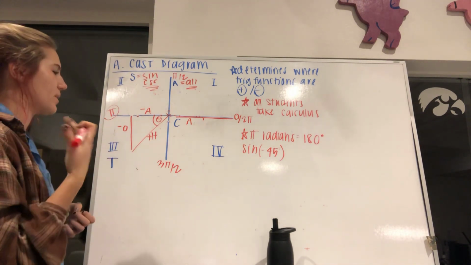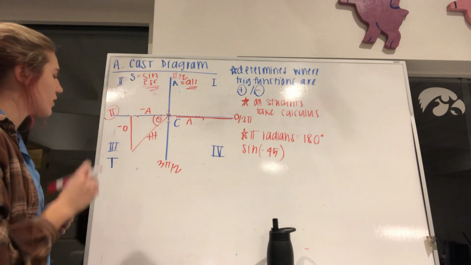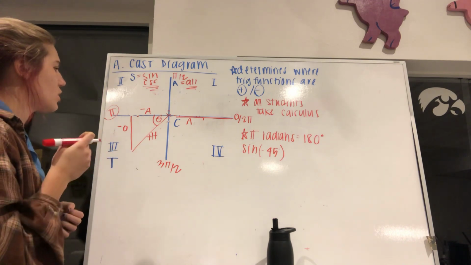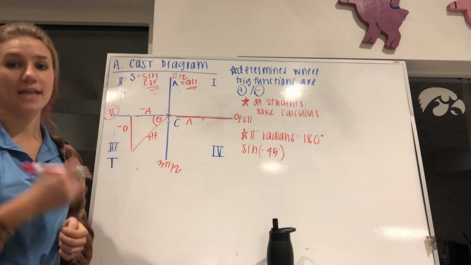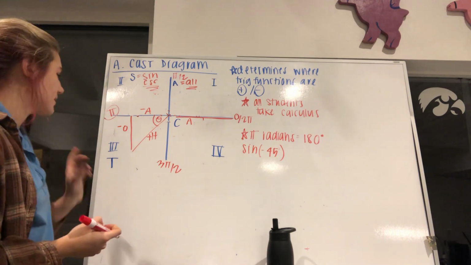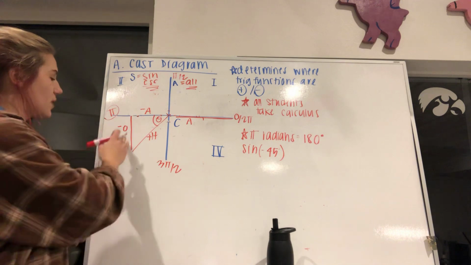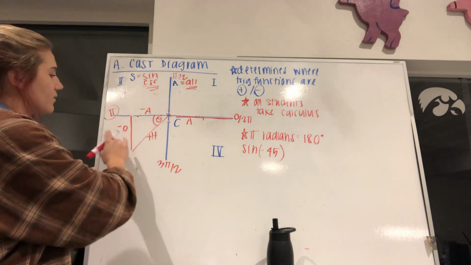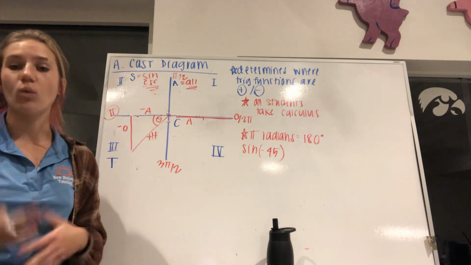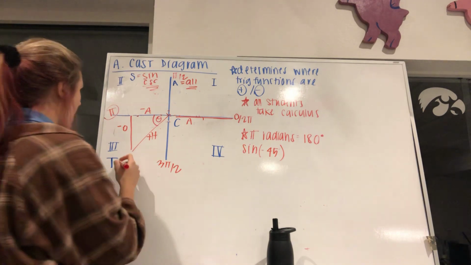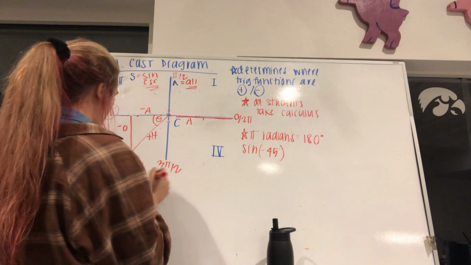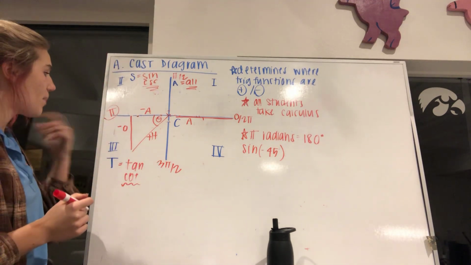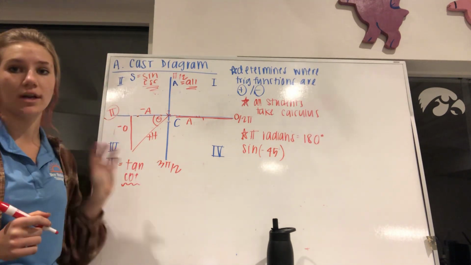And we'll explain that in a second. But then moving through that, as you can see, the only trig function that's going to yield a positive result is tangent, right? Because tangent of theta is equal to opposite over adjacent. Negative divided by negative cancels out, we're left with a positive. So that's why both tangent and cotangent are going to be positive when the triangle is drawn in the third